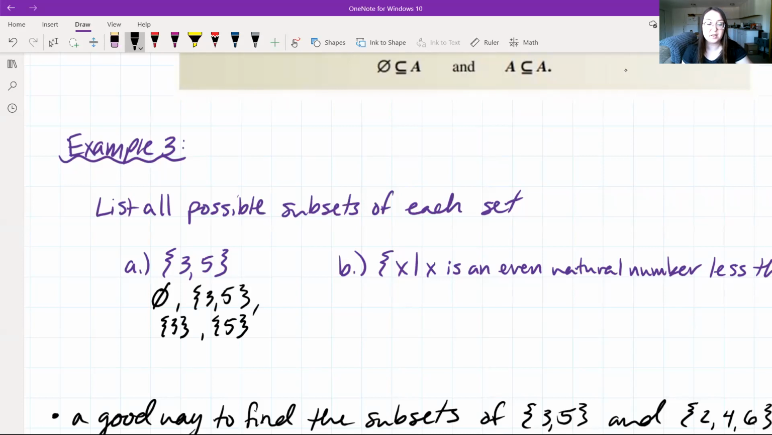So we see in this case, we have 4 subsets. Now, for every set, if you want to list the possible subsets, you will always list the empty set, and you will always list the set itself. And then all you need to do is find all the subsets in between. So now,